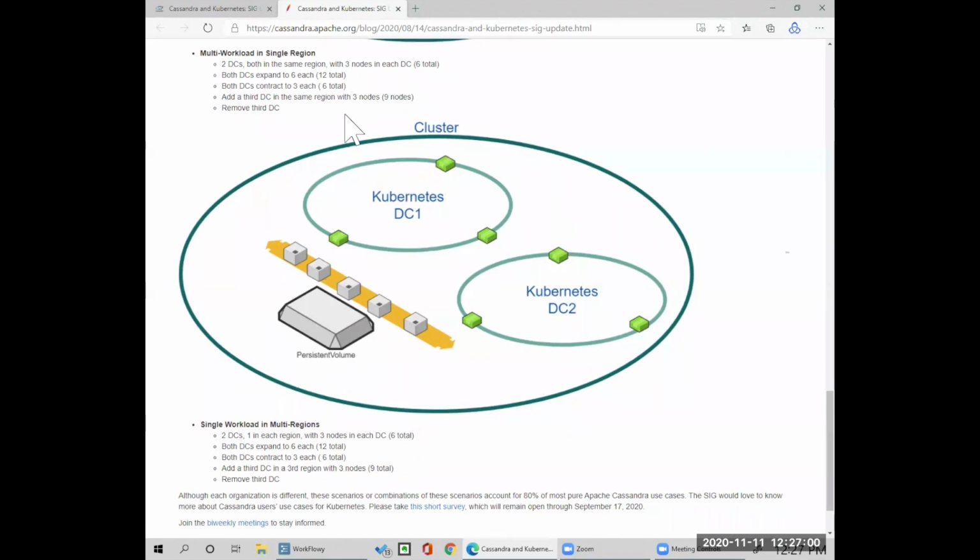This is not easy to accomplish with multi-cloud. I know plenty of people that go into this and think it's easy. It's not. There's a lot of things related to the way Cassandra works on Kubernetes that is not apparent.